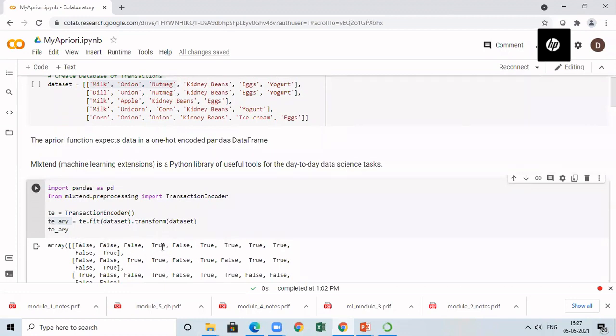If it is true, it means the item is present in the transaction. So this is called one-hot encoding. In one-hot encoding, it will create as many columns as the unique entries. Since we have 11 unique entries in the item set, we have 11 columns. And if you consider the first transaction, if a particular item is present, it will be written as true. If it is not present, it will be written as false.